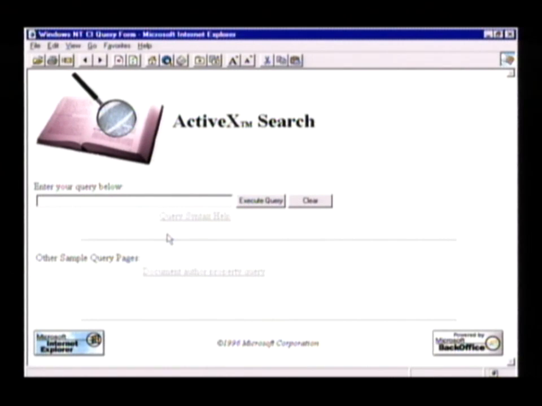So let's go to the demo. Here what I have is a specially built version of www.microsoft.com. This page is actually available in the Hands-On Center if any of you want to try it out. But we've taken www.microsoft.com